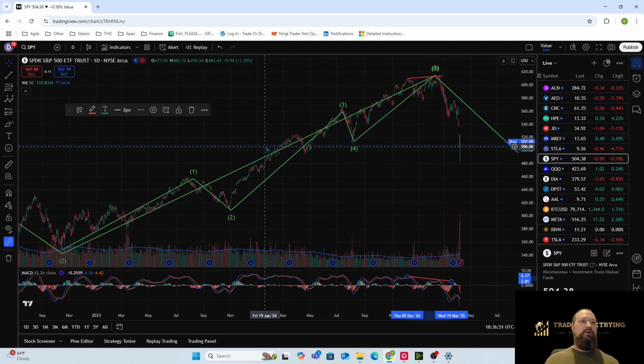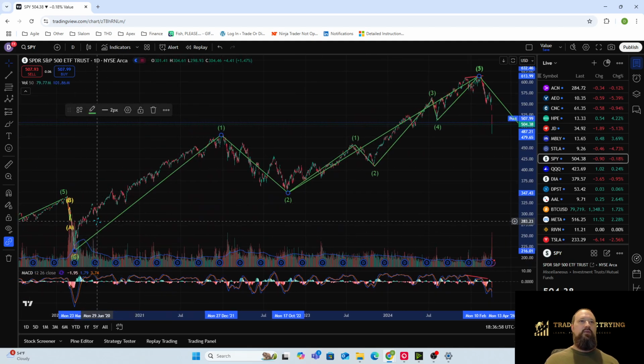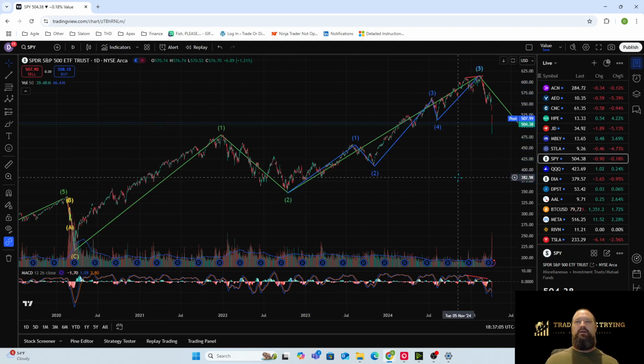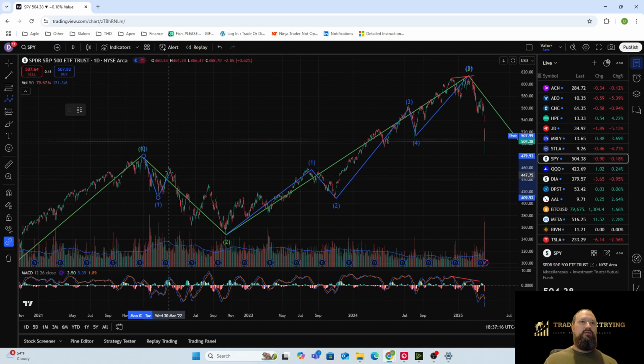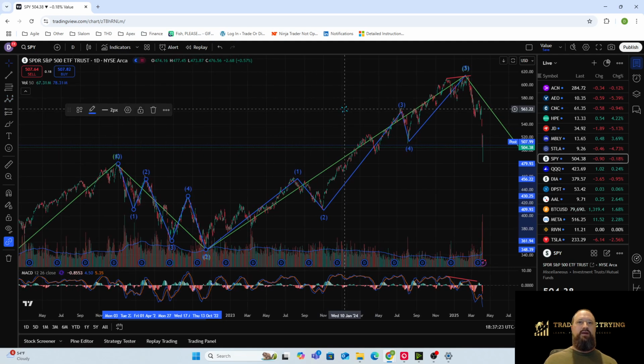Okay, so like I've said before, you have waves within a wave. Each of these impulse waves will typically have 5 waves within them. I'll go ahead and make this blue, and then I'll probably get rid of it because we don't want a chart full of waves after waves after waves. Okay, over here you can see that this was, obviously you can see it went down, but you'll even see some of the behaviors in here. 1, 2, 3, 4, 5, and then in some other dips you see,